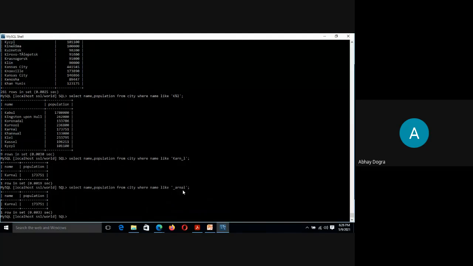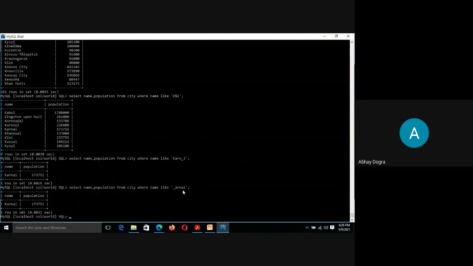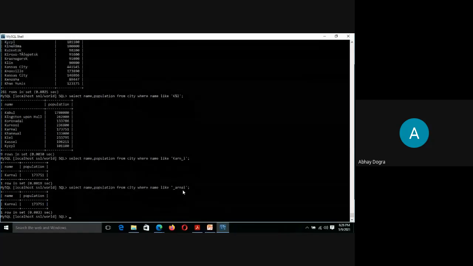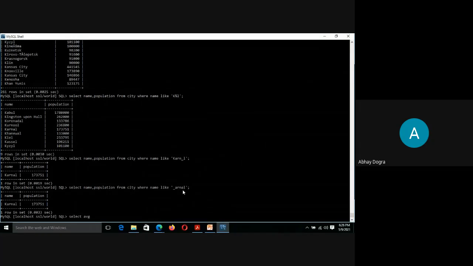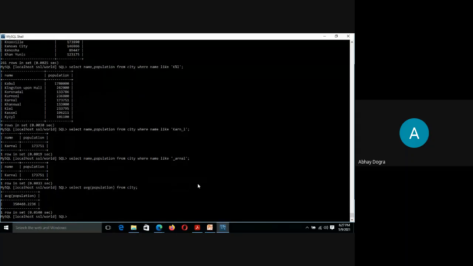Let's take a situation, because situations जो है वो better understanding में they help you. Let's take a situation where I want to find out the average population. सारी cities की average population जो है. So there is a function avg, right? इसकी average find करनी है population field, the field from. Now this is the average population, right? इसमें 4079 records थे, तो 4079 की जो average निकली है वो ये निकली है 350468 decimal 2236.